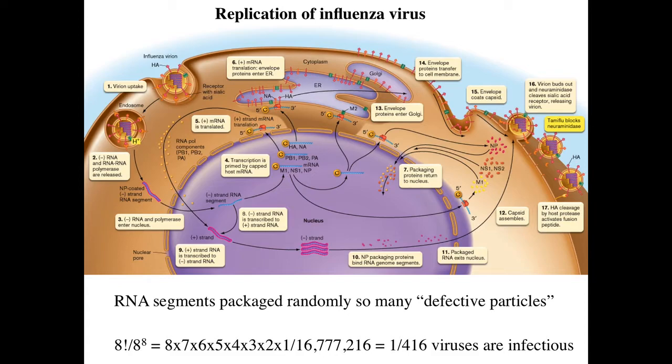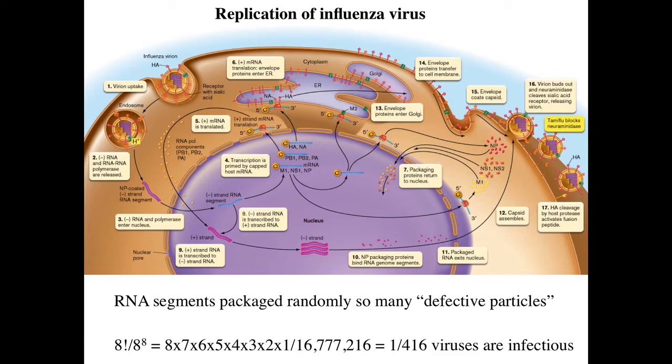This is part of the reason why these viruses are so prolific. So many viruses are produced from any one infected cell because they have to be. Because the majority, mathematically figured out anyway, only one out of 416 viruses that are going to be released from that cell are going to have all 8 and the proper 8 of these RNA segments. So highly, highly inefficient,